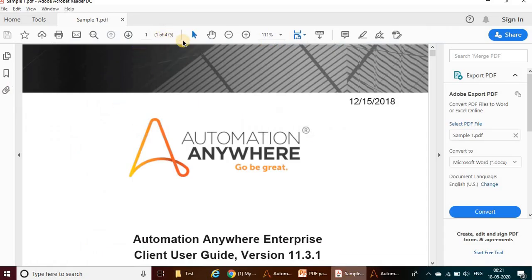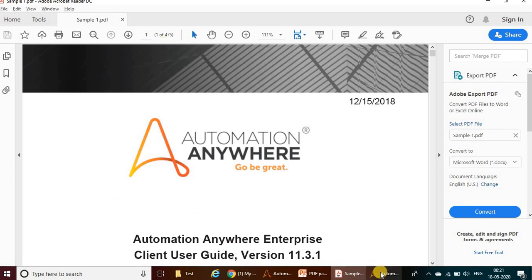In Automation Anywhere, there is no system variable to get the total page count. So now I will show you how to get the total page count without using any other operations. Mostly you are using the split operation, then using a counter to get the total count. But it's not the right method. It will take 2 or 3 minutes to split the document, then you have to delete the temporary files and other things. It will not work, so you can use other methods.